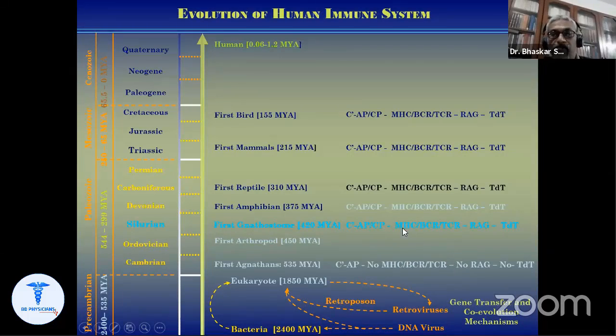And all those things you will see in the Silurian period, post-Cambrian explosion. All the genes appeared at the same time. So what actually caused all this explosion at the same time is not known. But basically what we see here, the first point is that innate immune system components came first, and then at a later period, almost after 1,000 million years, we got the system for antigen-specific recognition through MHC, B cell receptor, T cell receptor.